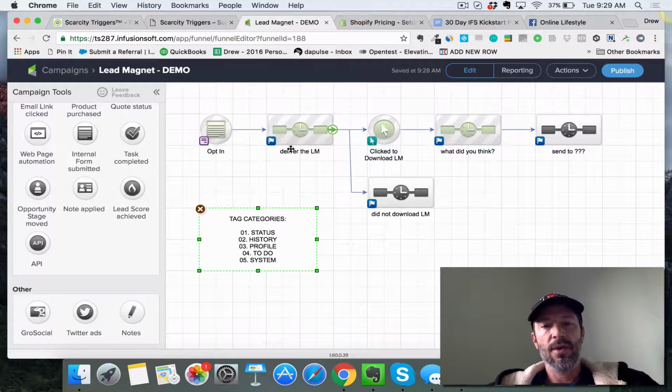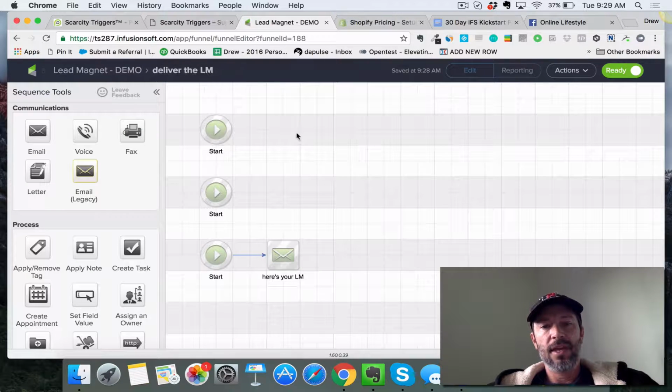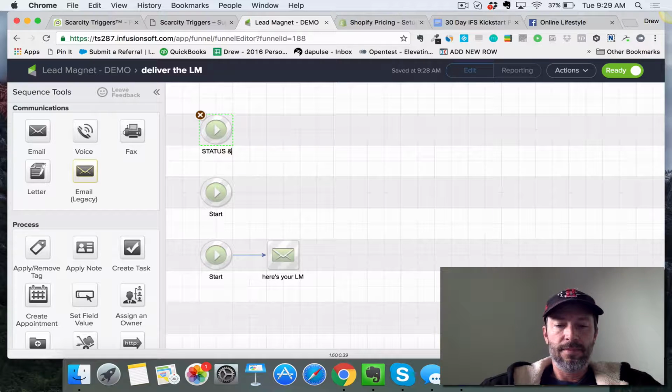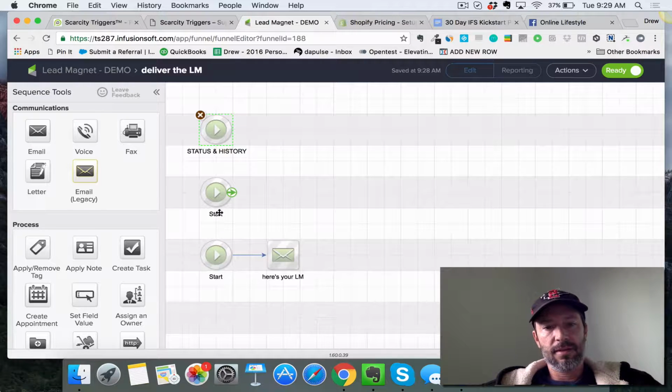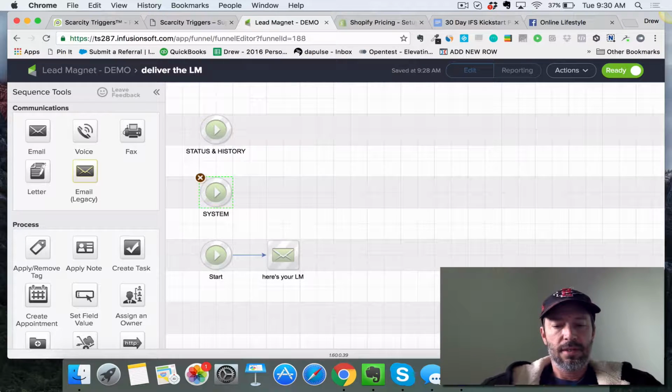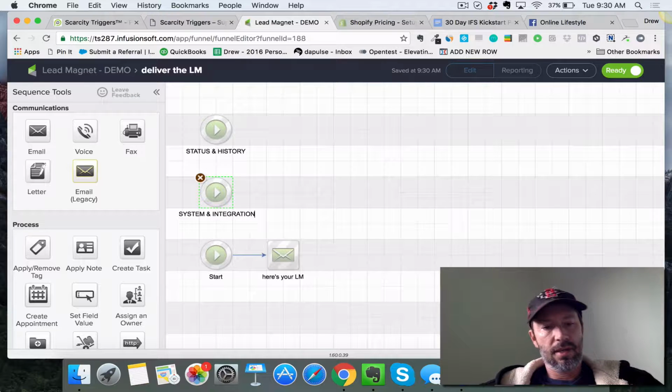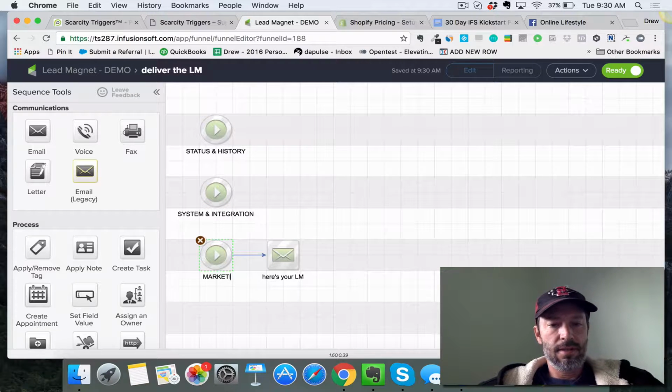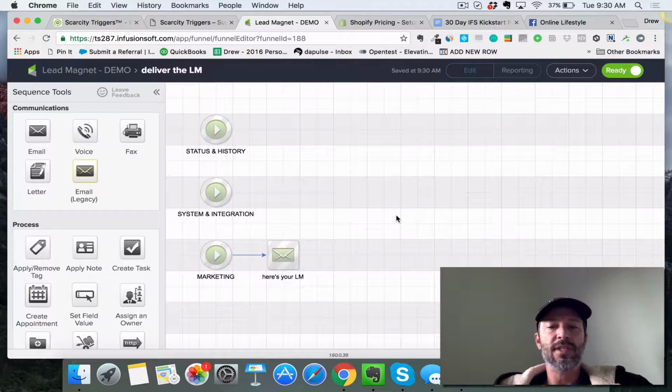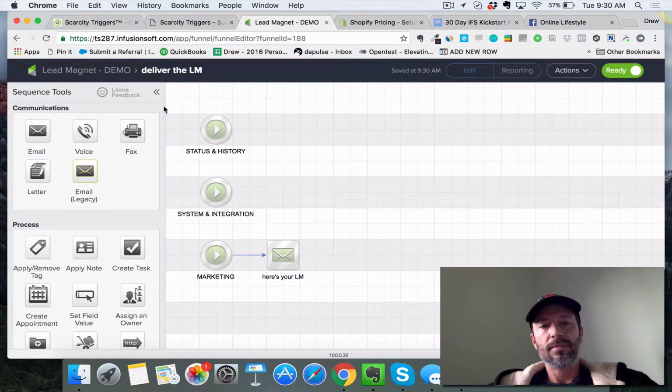So here we go. We're going to go in here, and each sequence also, this is something I learned from the guys over there, and I'll just share it with you because it's a great starting place. Again, one size doesn't always fit all, but it's a great starting point. So here we go. First thing we're going to do is determine, let's look at this